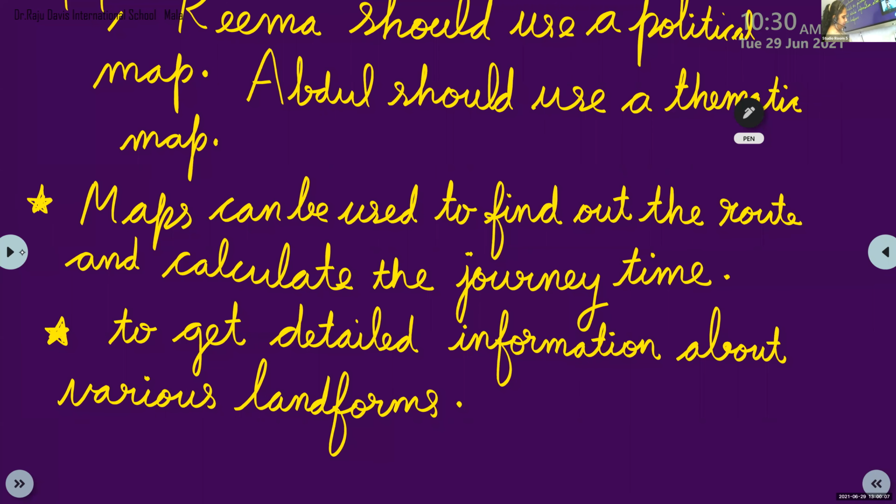The next one, you can do it, okay? Look at the road map given as an example and make your own road map. Show the route from your home to your school. Mark and label the important landmarks that you will find on this route. Use the symbols given in the key. Try to do this activity, okay? I'm not giving it in the class.